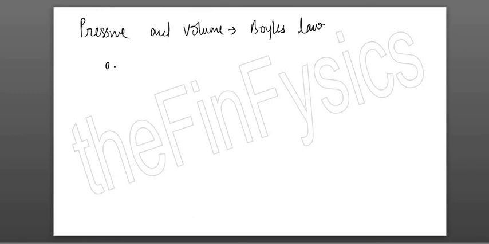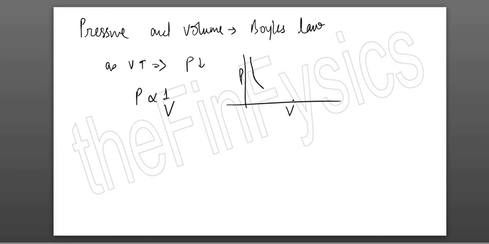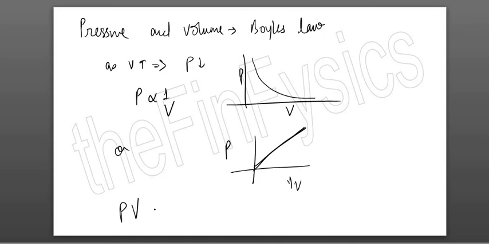Okay, then you are supposed to remember, as volume increases, the pressure decreases and vice versa, which means pressure is inversely proportional to volume. So the graph of pressure and volume would be a curve like this. Okay, it will not meet the x-axis, something like this. Or, if I have to plot a graph of pressure and 1 upon volume, then the graph will be something like this. Okay, this is what you have to remember. Which means your product of pressure and volume should be constant.